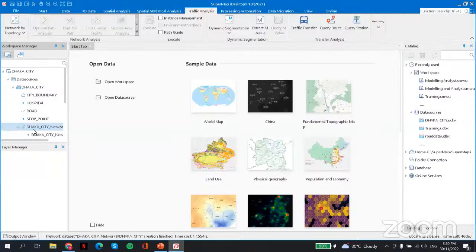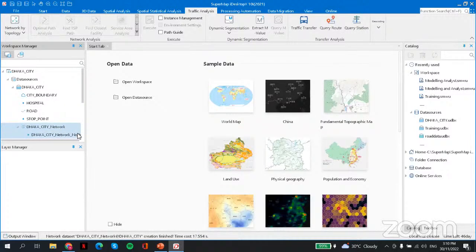Okay, so now we have already built a 2D network using the road. As you can see here, we have two datasets: the dataset network, which is a line dataset, and the dataset nodes, which is a point dataset.